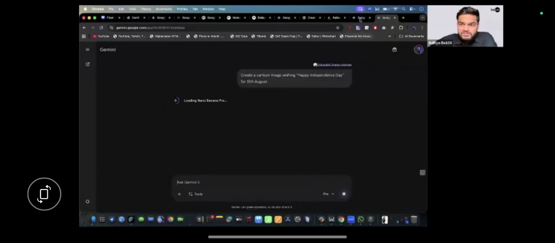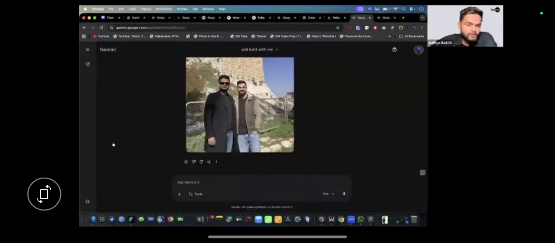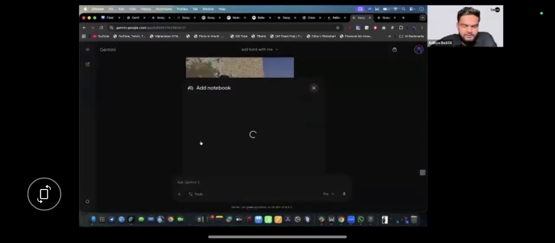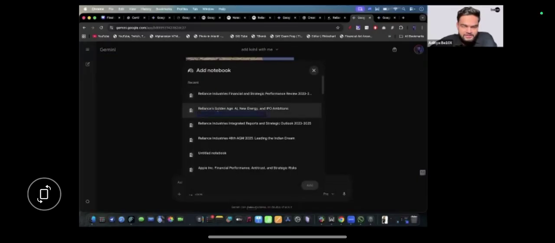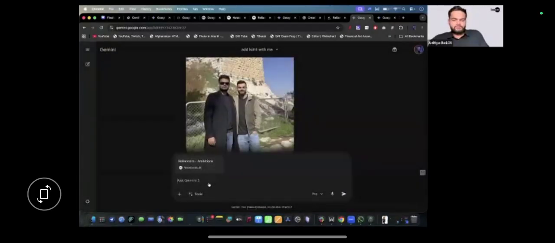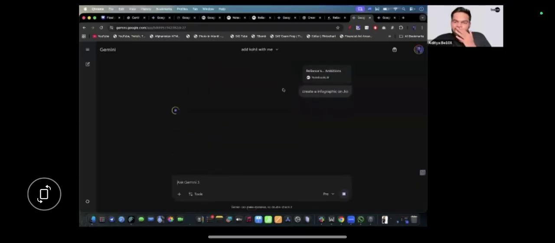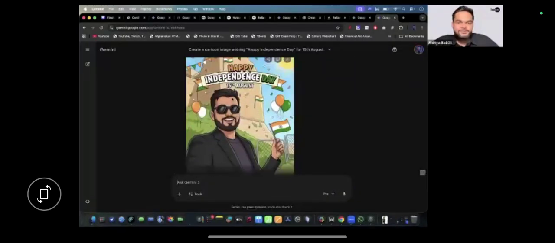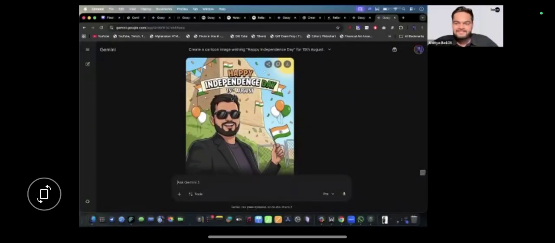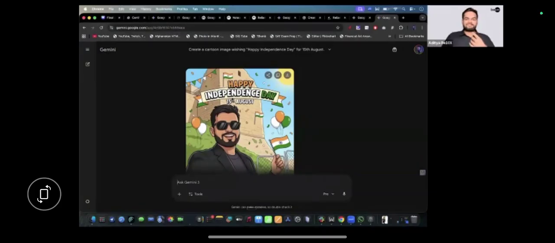On Gemini, you can also attach your NotebookLM. Here you can click the plus icon, and after that you can attach your NotebookLM. Here I'll just attach the Reliance notebook which we created. I'll click on add. Now I can ask it to create an infographic on Jio. Create an infographic on Jio. Now it will go through the documents and create an infographic using Nano Banana on Jio, which will be absolutely mind-blowing. So folks, who is absolutely mind-blown? Drop AMB in the chat box.